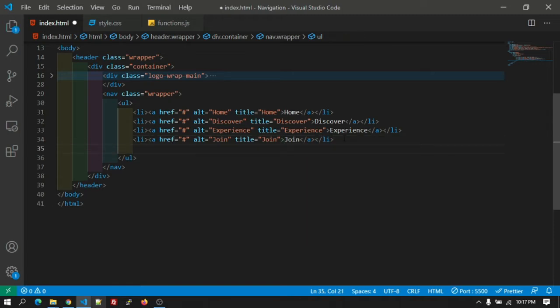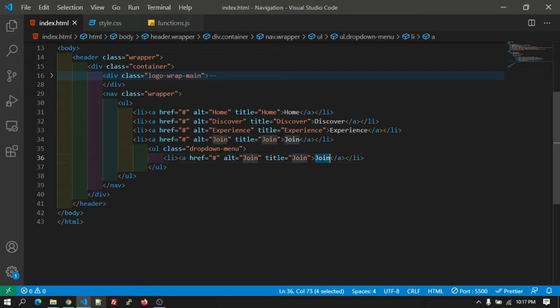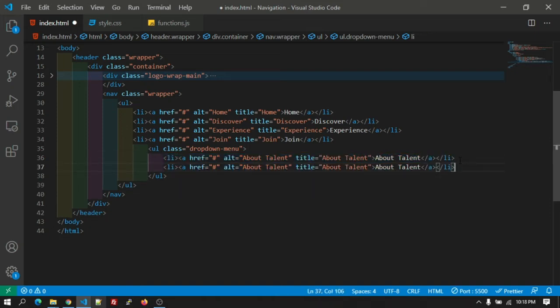In the join, there will be a submenu. You have to create one more UL and add a class to it saying dropdown menu, and inside that dropdown menu, let's add the submenus saying about talent and find talent.